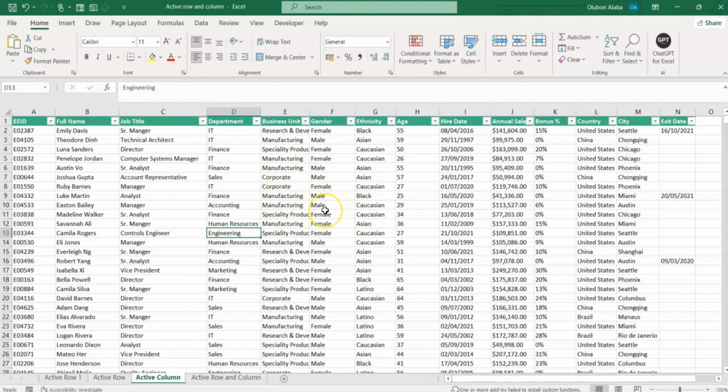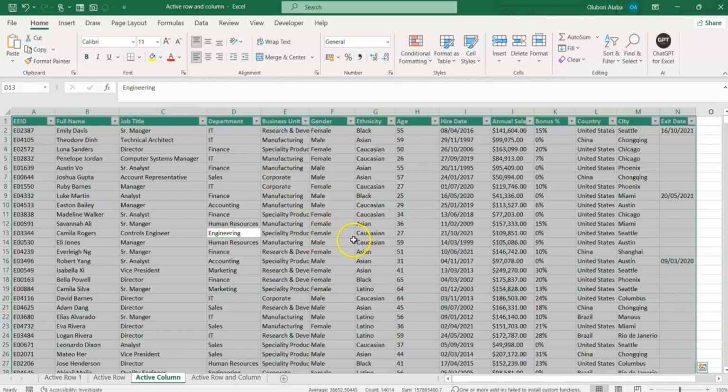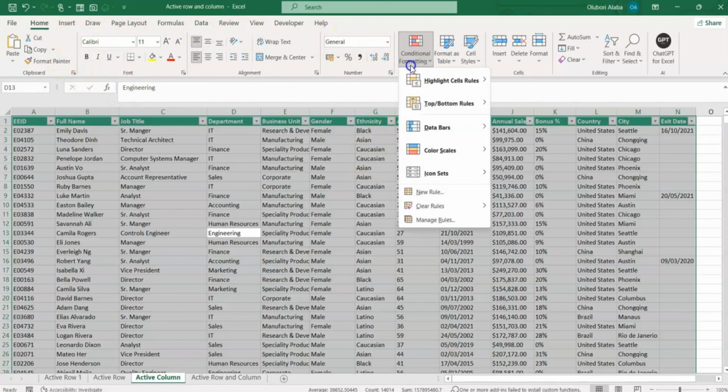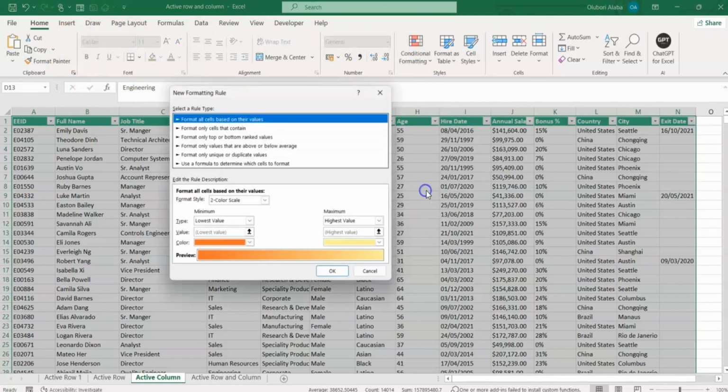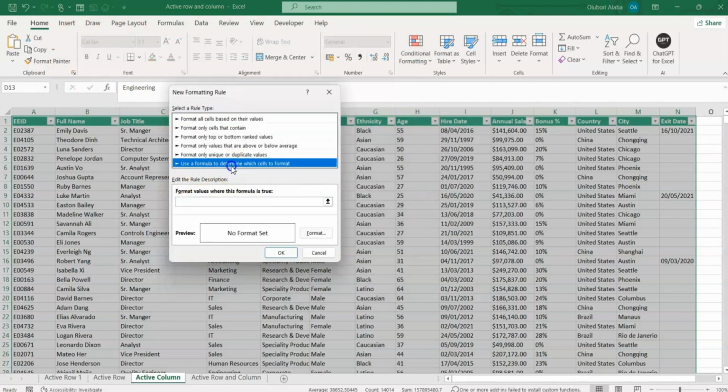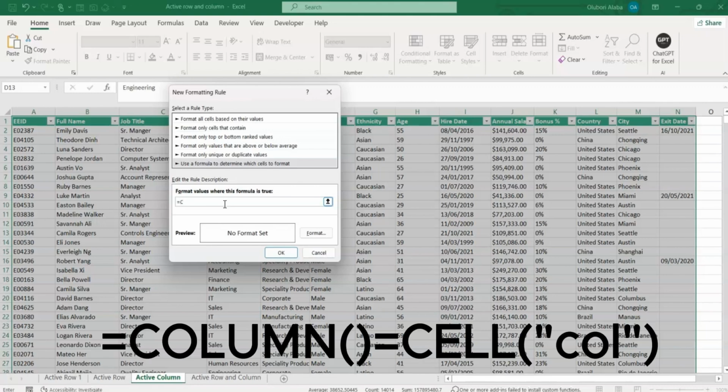So simply press Ctrl A, highlight the entire data set, and go to the Home tab, click on Conditional Formatting, and then New Rule, and then use a formula to determine. In the box where you write your formula, you simply type equals, this time around we are going to use column,